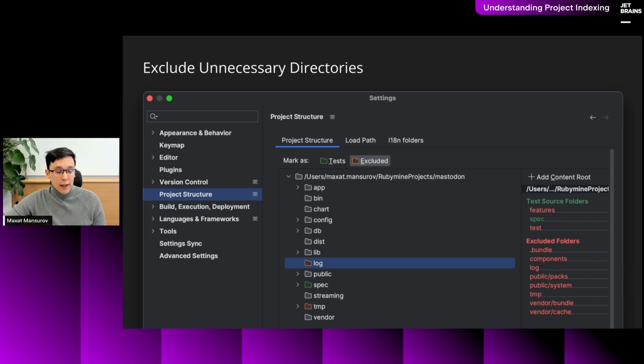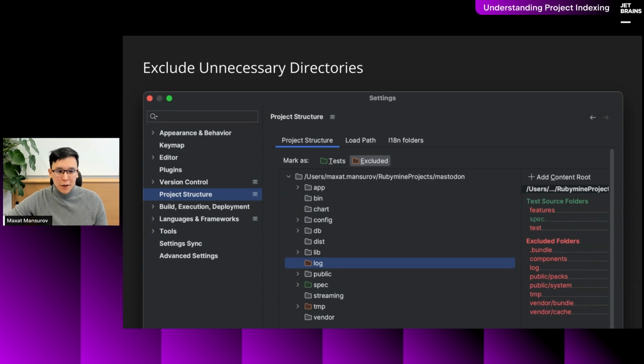Then the next thing is that you may exclude some parts of your project from the indexing altogether. For example, your log files or some temporary files usually do not need to be indexed because you will never search inside of them. Those files are temporary by nature. Or another good example is if your tests generate some supporting texts, those are probably a good thing to exclude as well.